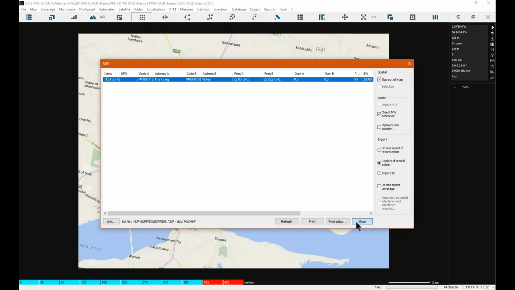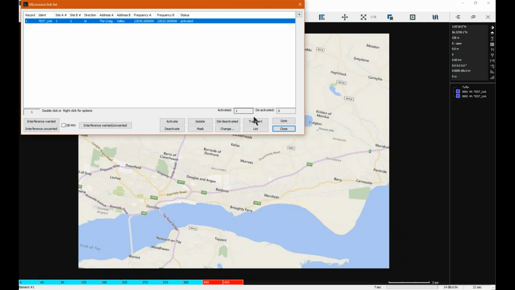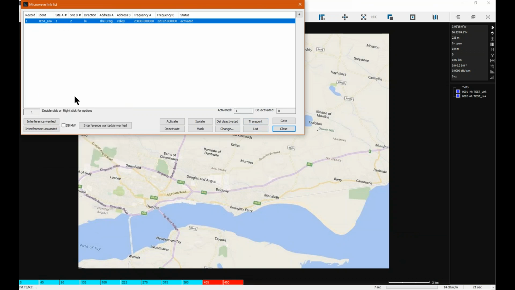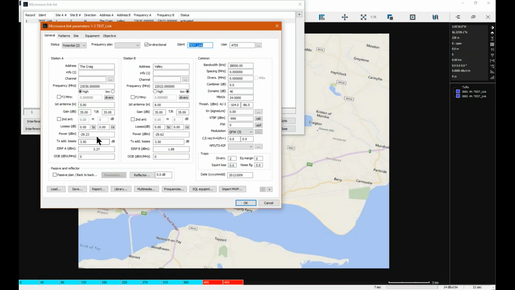So there's your test microwave link, and if you look at the microwave list, we can quickly check its parameters and make sure that it's what we want. And I'm actually going to give it a -10 dBm power output to start with. So as I say, it's a working microwave link, but we've set it to about medium power, and we then need to